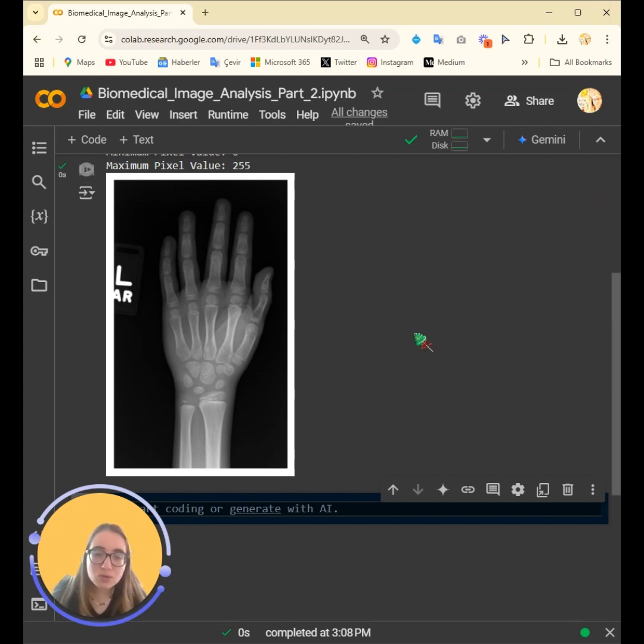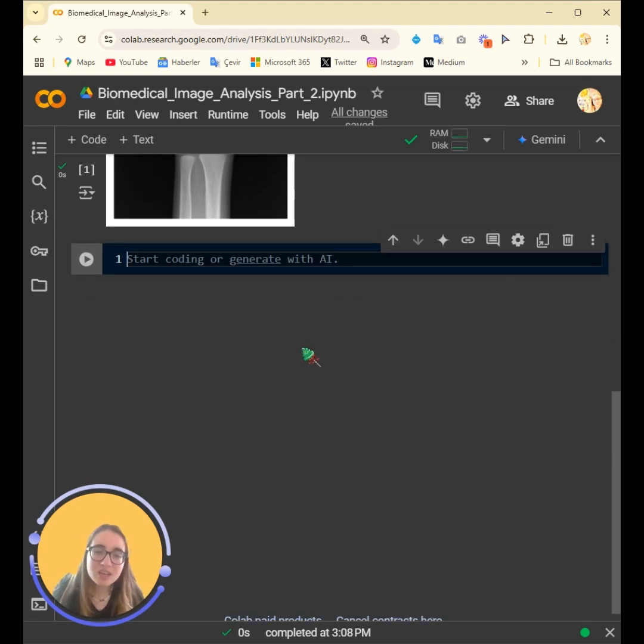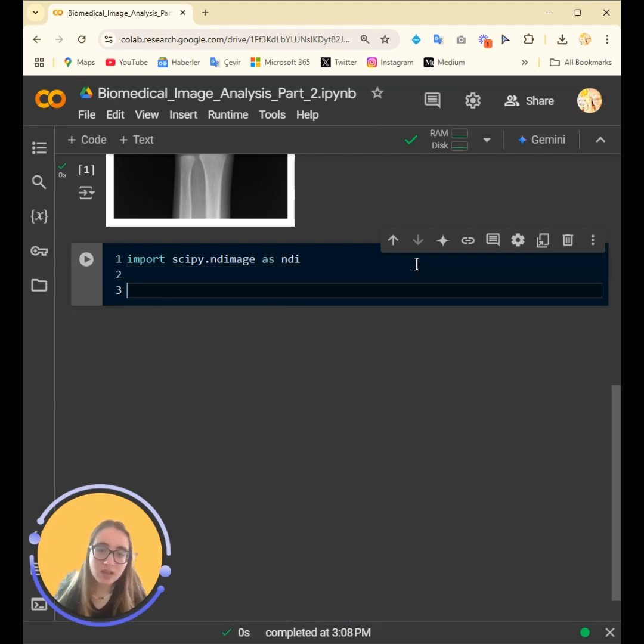So basically, a histogram, just to make sure you know all of this, is a graphical representation of the number of pixels at each intensity value. For example, if many pixels are dark, which is usually the case, the histogram will have a peak at lower intensity values. And let me show it to you. So now we'll be introduced to the SciPy library, scipy.ndimage, which we'll use all throughout this series, and it's really useful for anything like transforming the image, applying filters with the convolve function, etc. So I really love this library.